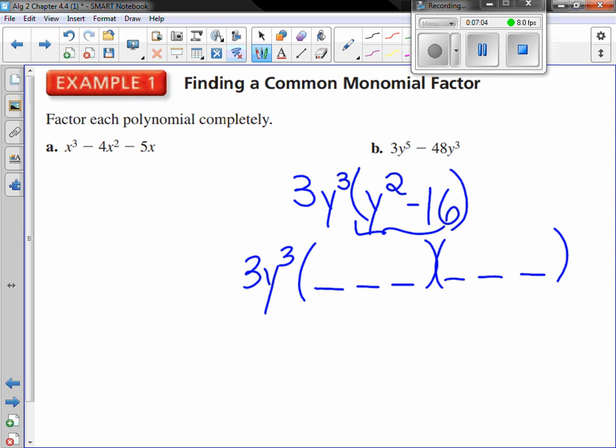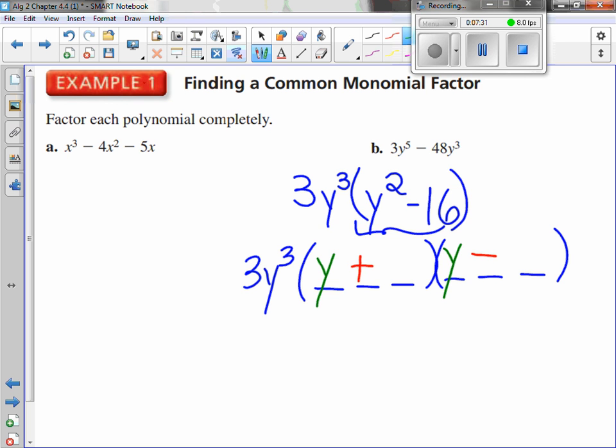And it works out y squared minus 16 is actually a special setup. It's a difference of perfect squares, because y squared is a perfect square, 16 is a perfect square, and they are being subtracted. So this is factorable. Now, since the 16 is negative, the signs would be opposite. Our factors of y squared would be